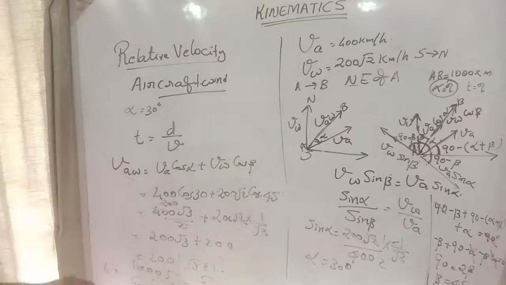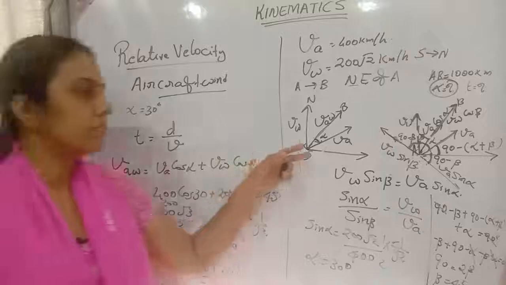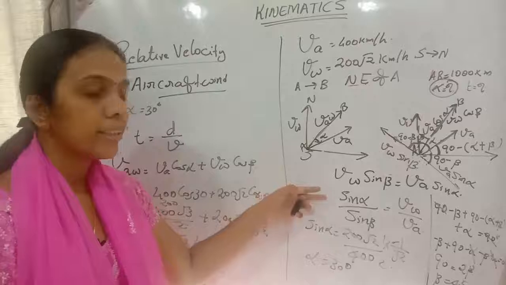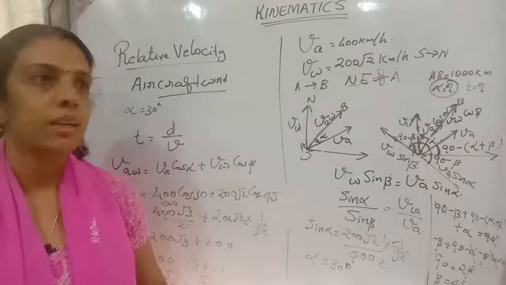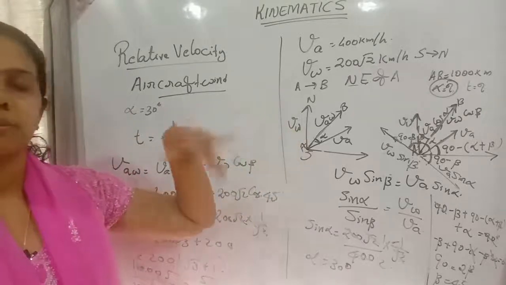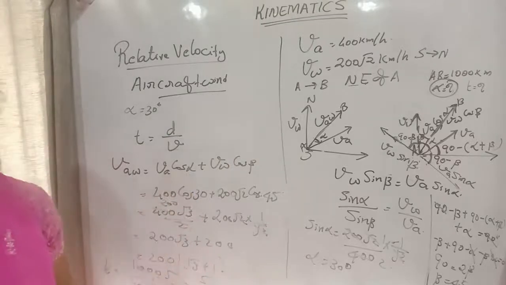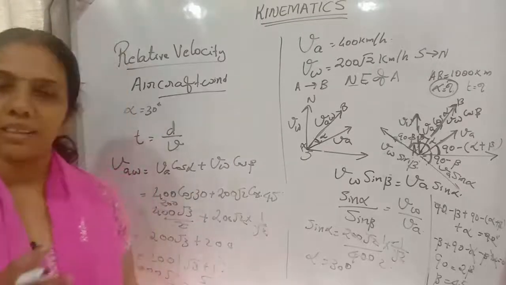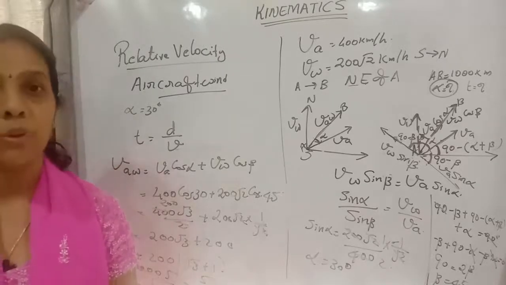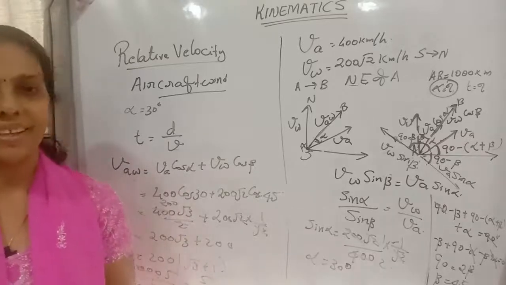Okay children, so this is how we will be finding the time required for the aircraft to travel in a particular direction if we are given the velocity of the aircraft and the velocity of the wind. A better option is to divide the velocity of wind and velocity of aircraft into their corresponding components and find the answer. Clear? So you can write down the question and try to solve it, and one more similar question I will give you. Next class I will explain about this one. You can try this.